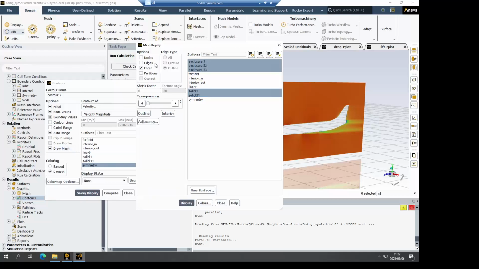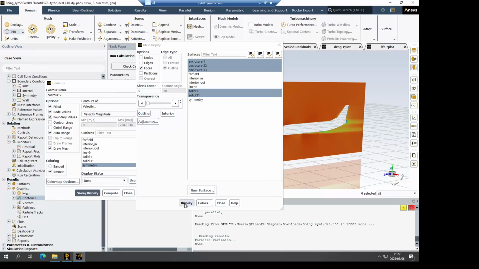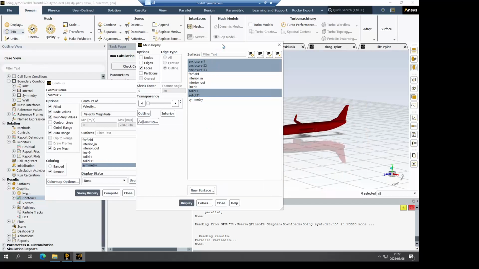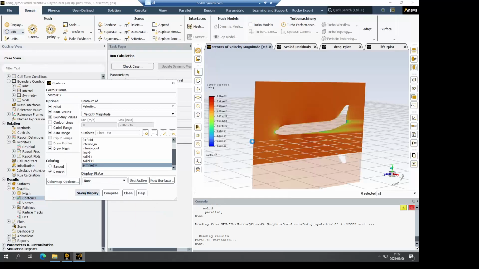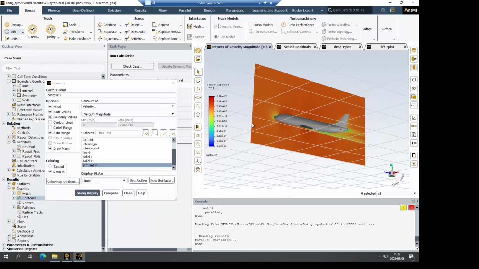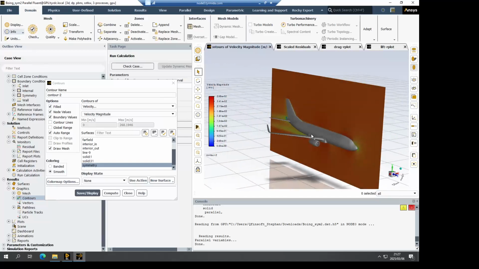And we can also add the plane itself to my domain. Just color it by surface. Let's color it by velocity magnitude. Okay, there we can get an idea of what the velocities are around the airplane.